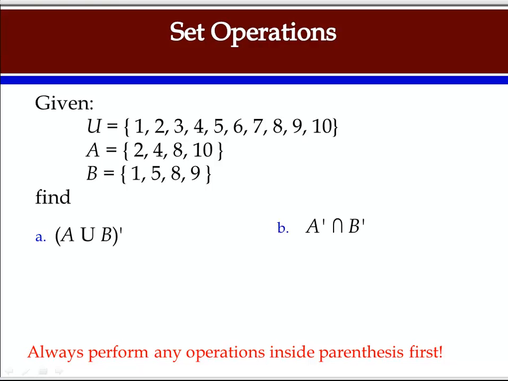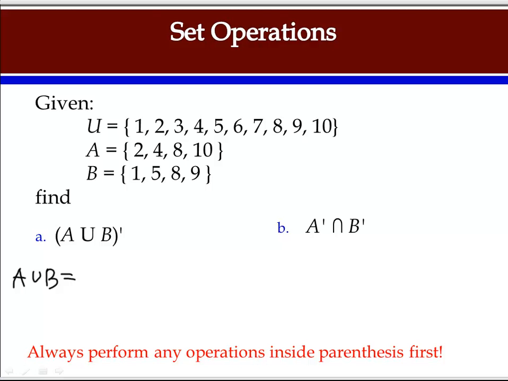So the first one asks us to find the complement of A union B. And the second one asks us to find the complement of A intersected with the complement of B. Since we have parentheses in the first case, we have to find the union first. To find the union of two sets means to find a set that lists the elements that are in both or either set. Our union set, so A union B, we'll do that first,